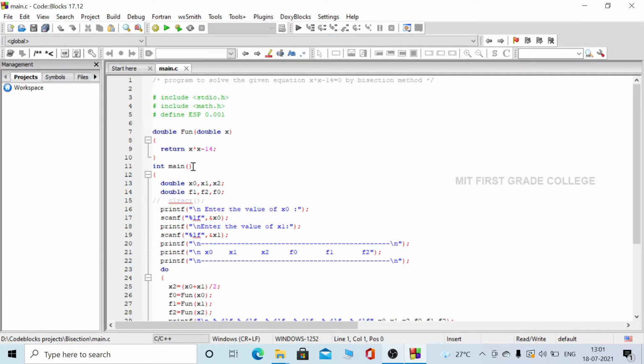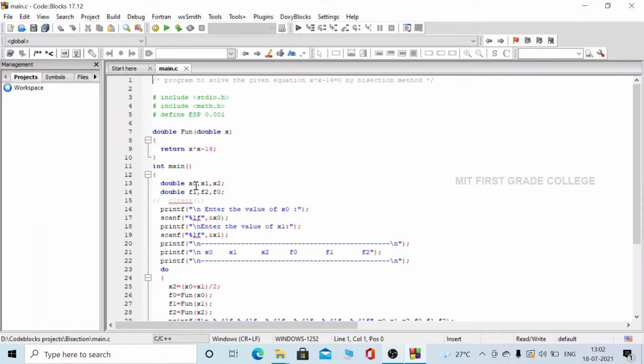Next, starting with the main program, let me jump to the formula. Here we are using a do while loop, and the formula for the bisection method is x0 plus x1 divided by 2. For this bisection method we are giving two values, that is x0 and x1.